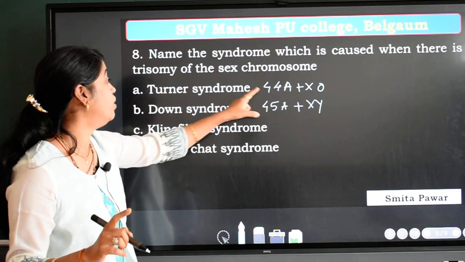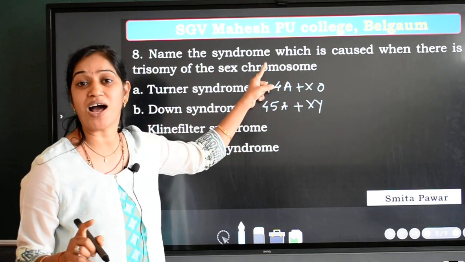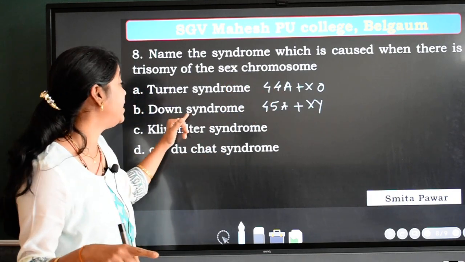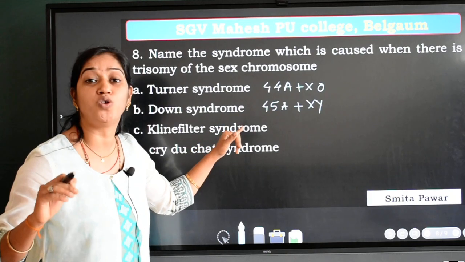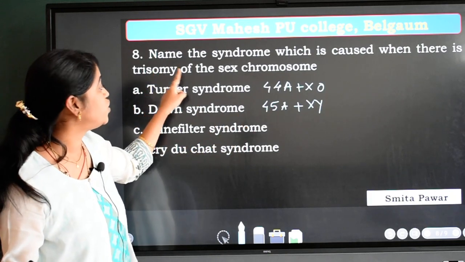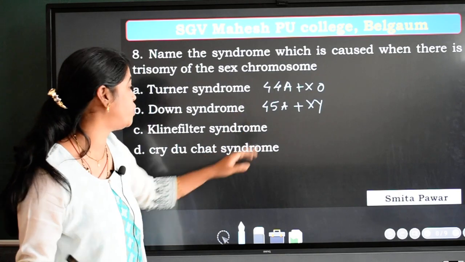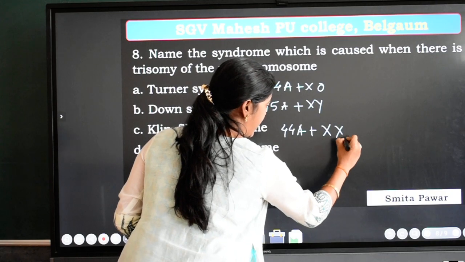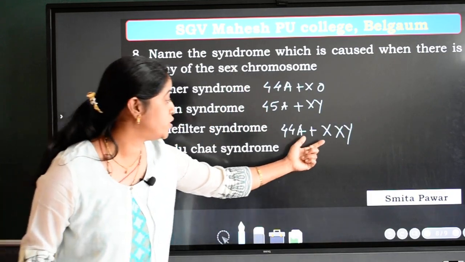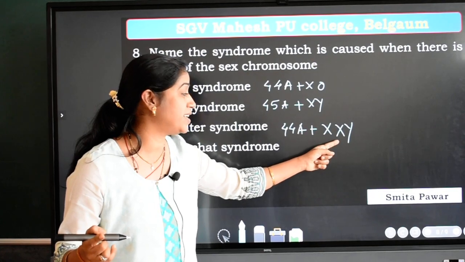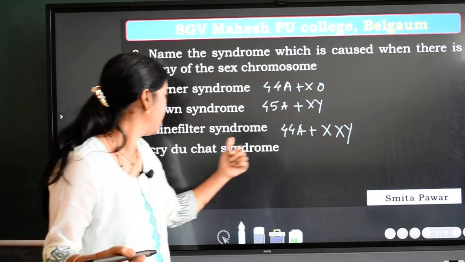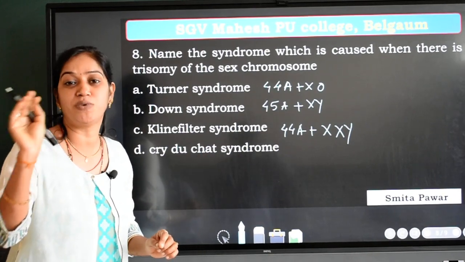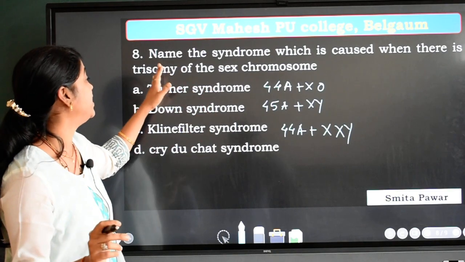So we call it monosomy of sex chromosome. But they have asked us here about trisomy. Here this is monosomy. Down syndrome is autosomal trisomy. It is not sex chromosome trisomy, it is autosomal trisomy. Klinefelter's, 44A plus XXY. A man who is having one more extra chromosome, and that is the reason he is having some feminine characters. Cri-du-chat syndrome is another disorder where a small arm of a chromosome is detached. So the answer here, that is trisomy of sex